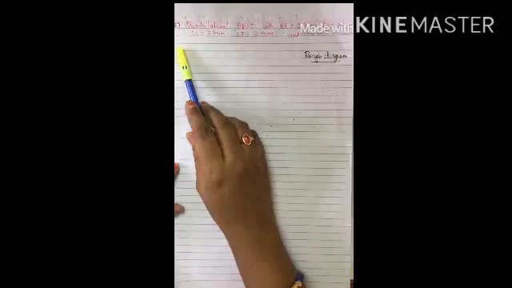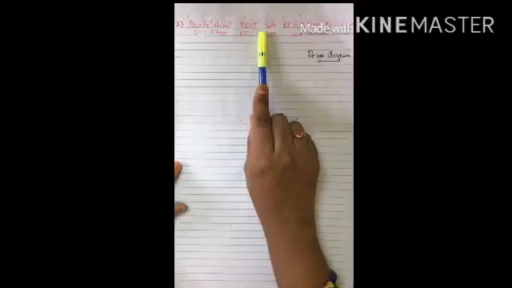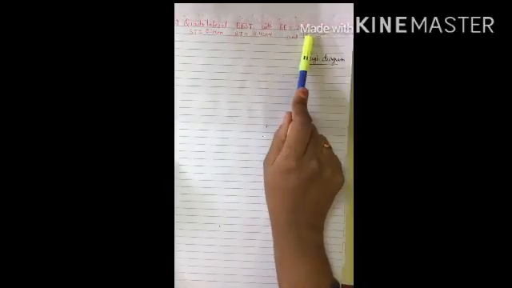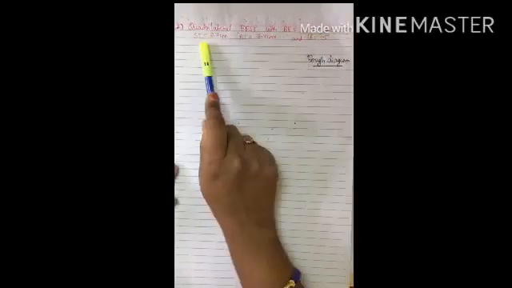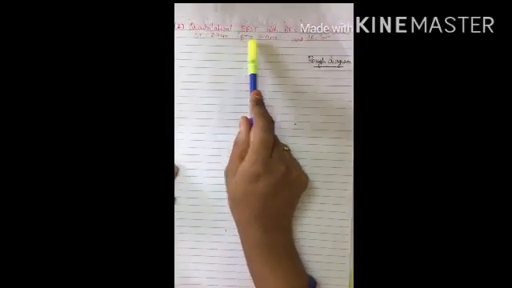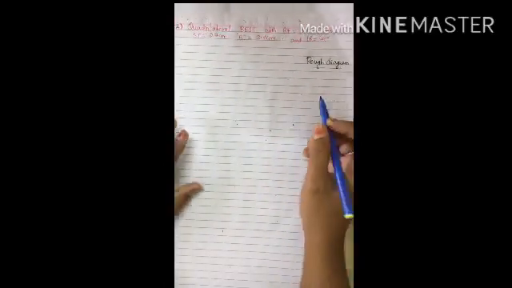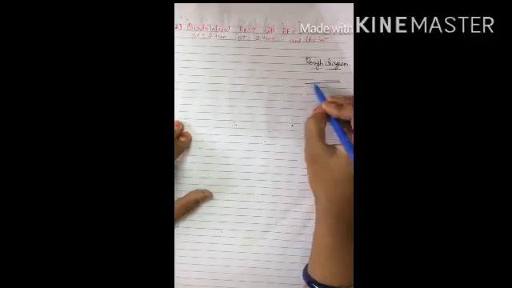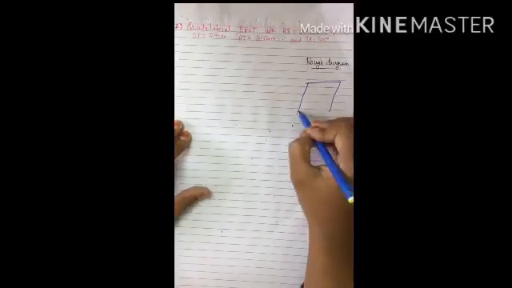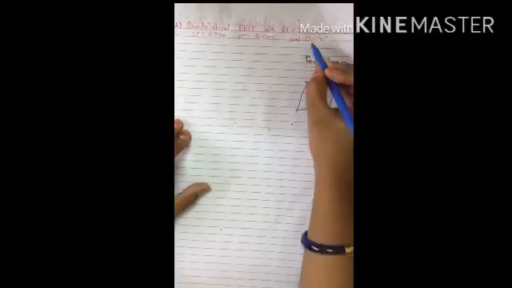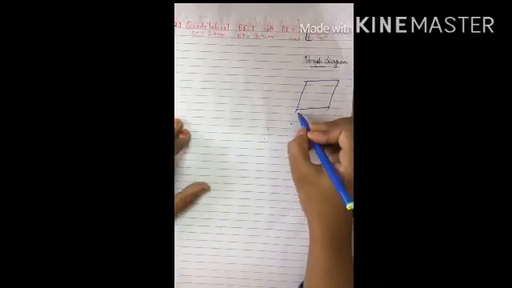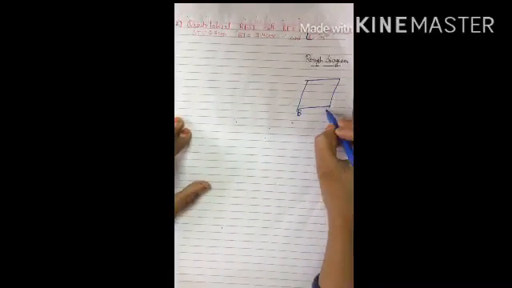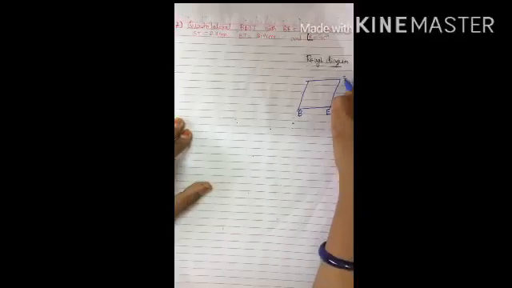Second question: quadrilateral BEST with BE 2.9 centimeters, ES 3.2 centimeters, ST 2.7 centimeters, BT 3.4 centimeters, and angle B is 75. So it is also a quadrilateral and 5 measurements are given. Write any shape of quadrilateral here. Now angle B is given, so take B as a base. B, E, S, T.